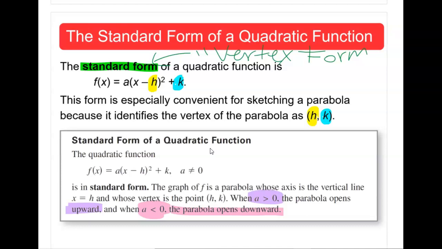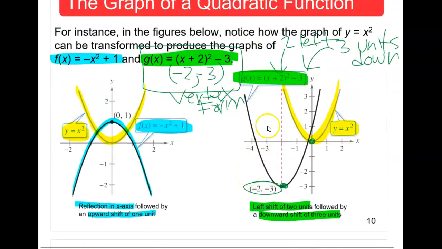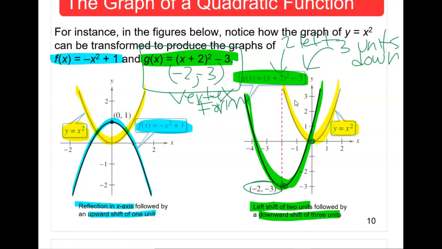Another thing to consider, which I didn't mention earlier, is that when the parabola is shifted, like the example that we see here, it's not symmetric with respect to the y-axis anymore. However, it's still symmetric with respect to its own axis of symmetry, which is this line that I'm highlighting with pink. And that line, since it is a vertical line,